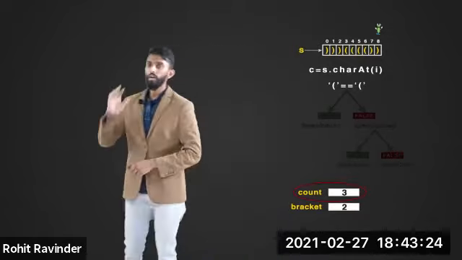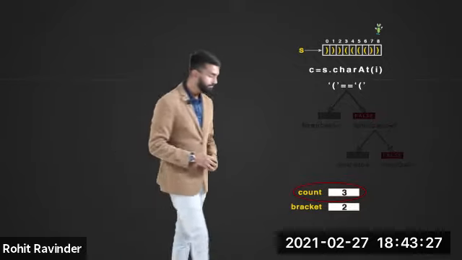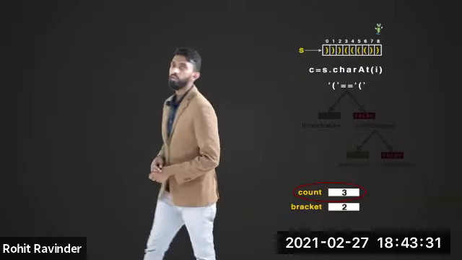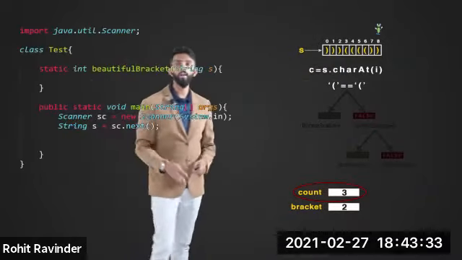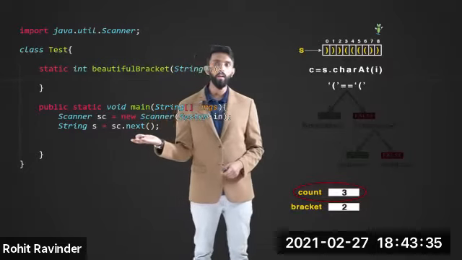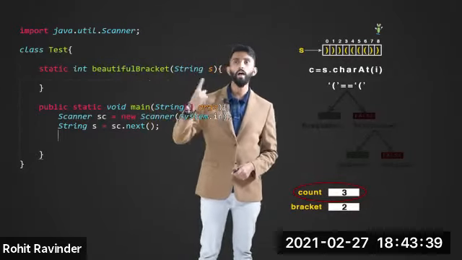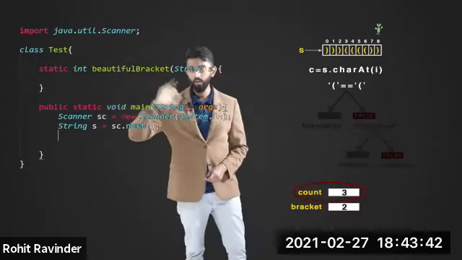Will this work as per our expectation? Let us just write some code and check it out, all of you. If I go here, watch it carefully. So I'm just going to quickly write the code here. Yes, you are taking a string only. The name of the function is beautiful brackets. It's going to accept a string, yes. And what are we going to do there? That's what I'm going to show you.